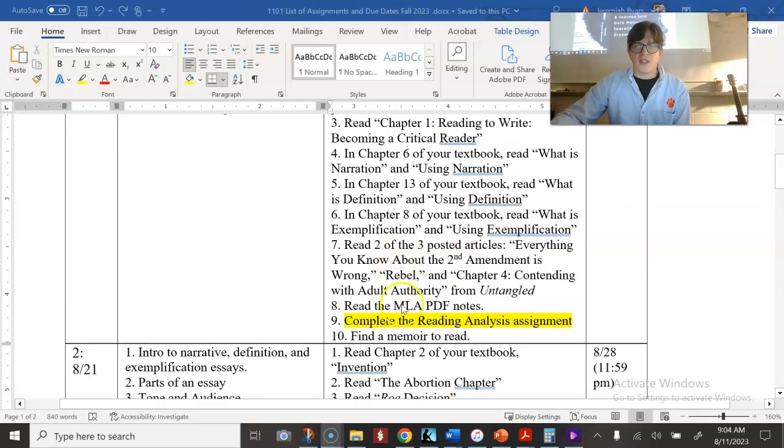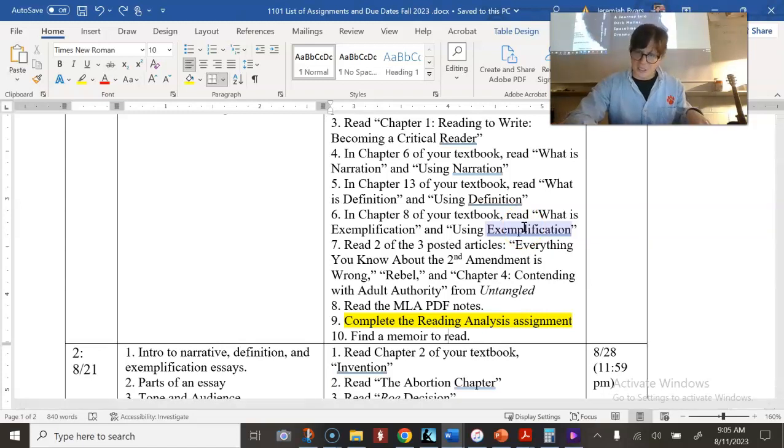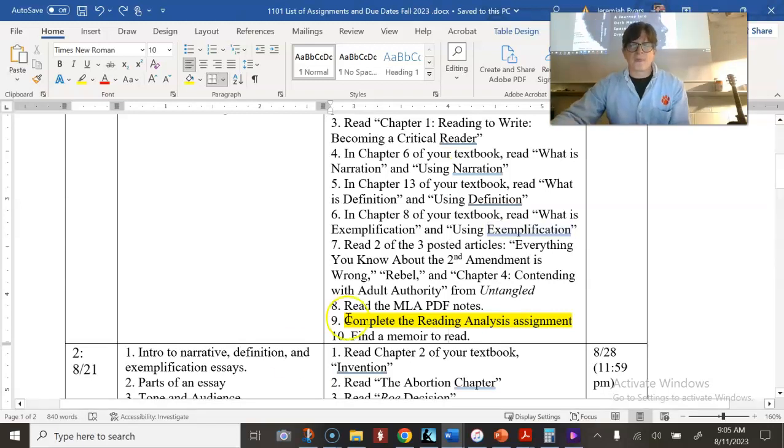And so this week, you are going to need to decide on a memoir that you're going to read. Your essay 3 is essentially going to involve some research on things that affected this person in their life, and then you're going to explain how they did affect the person in the book, okay?